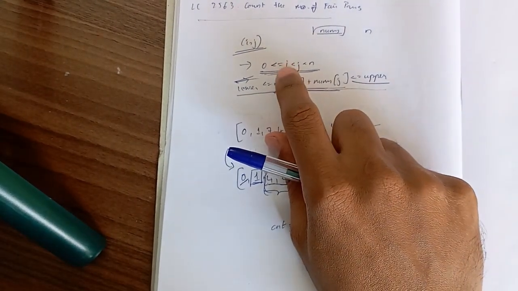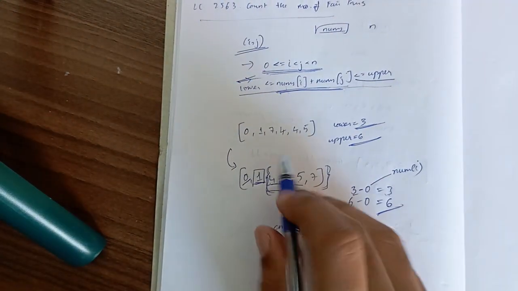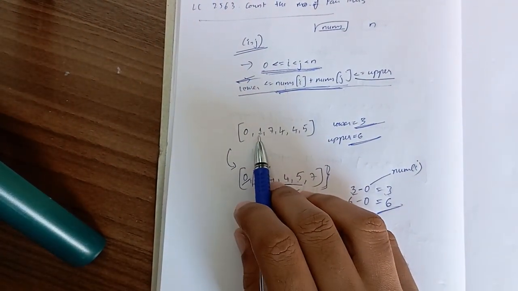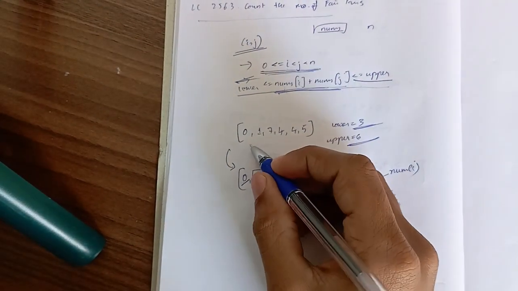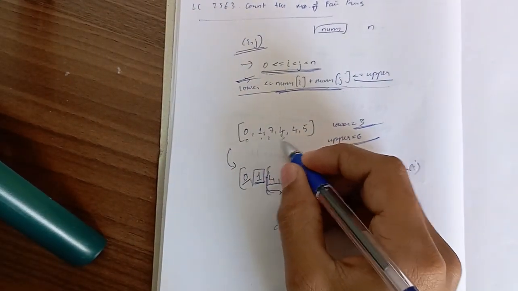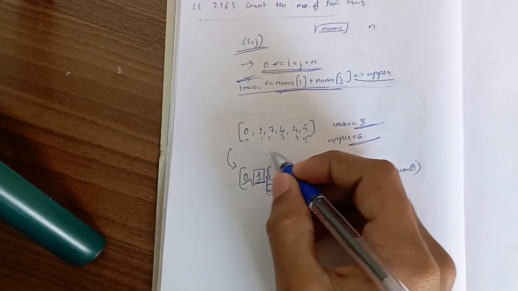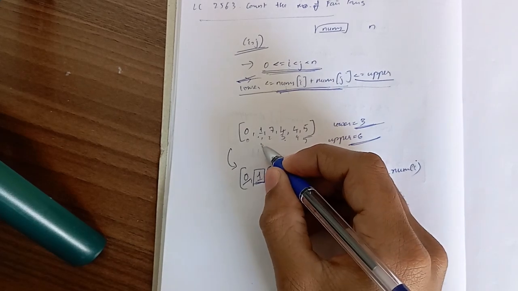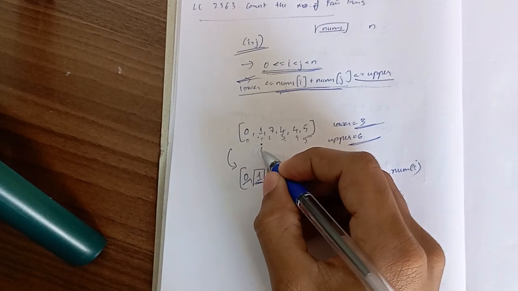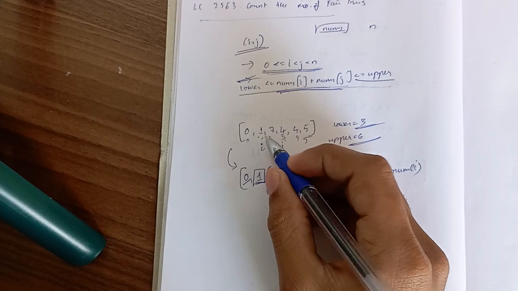But for i less than j, imagine 1 is placed here and 4 is here, 1 plus 4, here the indices are 0 1 2 3 4 5. 1 is less than 3, and here if I say i is here and j is here, 1 plus 4